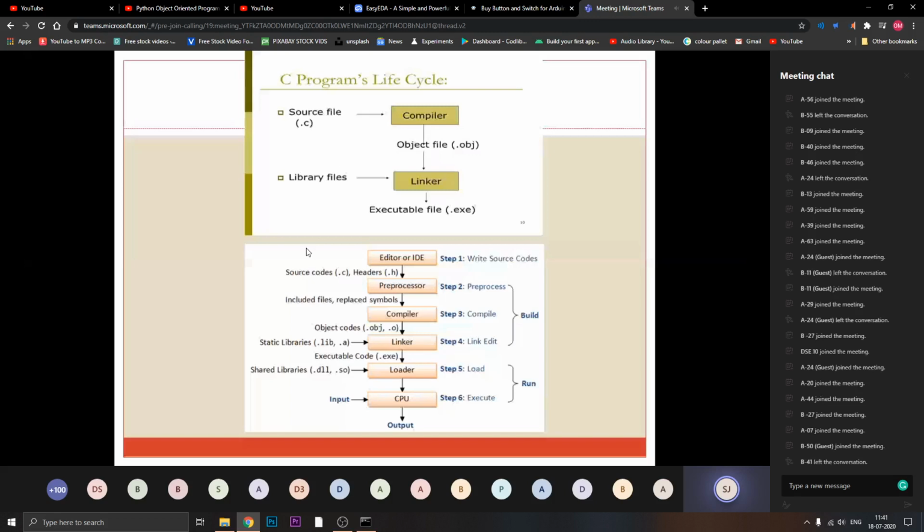Then when your program gets loaded into the memory, only then can you perform the task. Once the program is loaded, the CPU is responsible for executing this complete program, and at the last, on your output screen you are able to see what exactly the code you have written gives, and whether it is the expected output. Okay, so that we discussed in the previous lecture.